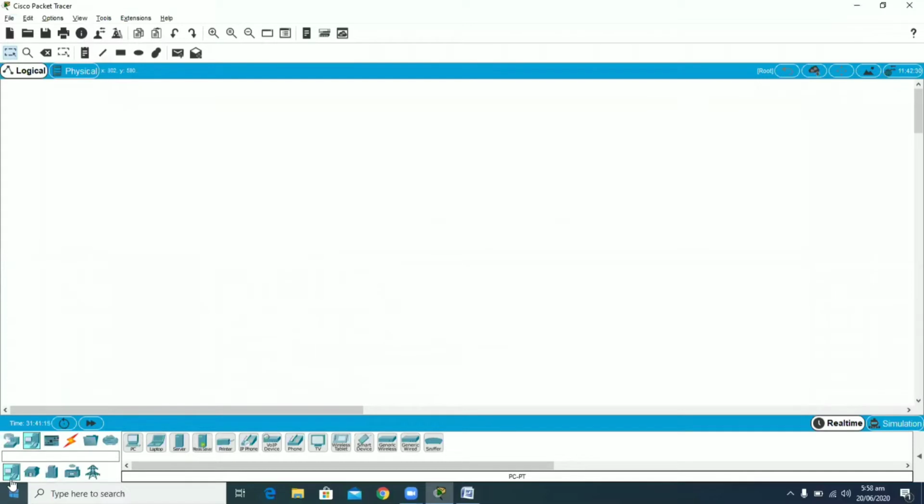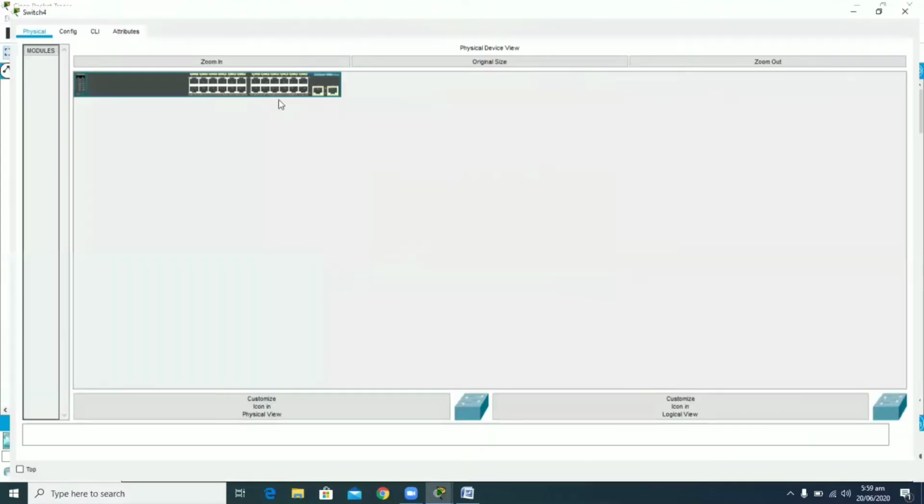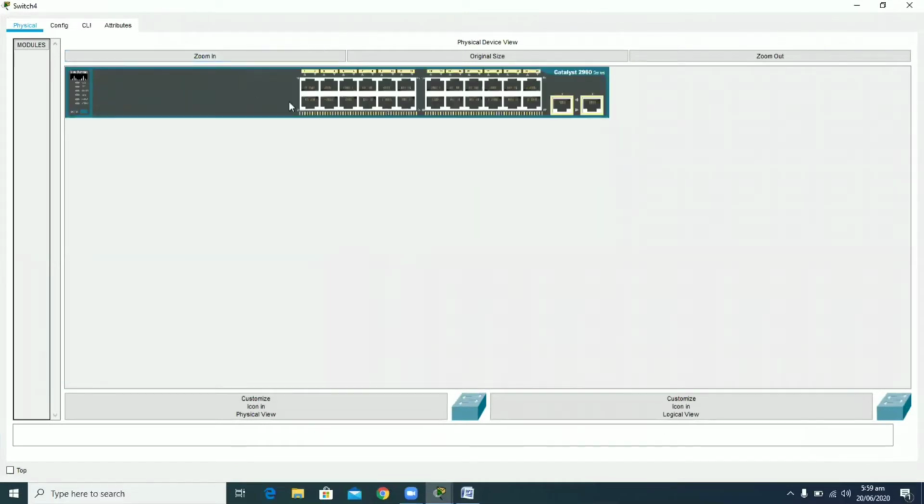Here I am selecting a 2960 switch. Basically, it is a Cisco Catalyst switch. Now double clicking on this switch symbol and zooming in, this is the port configuration of our 2960 switch.